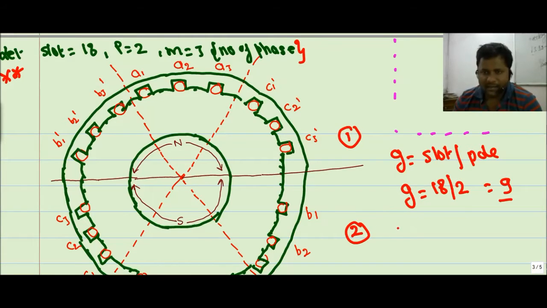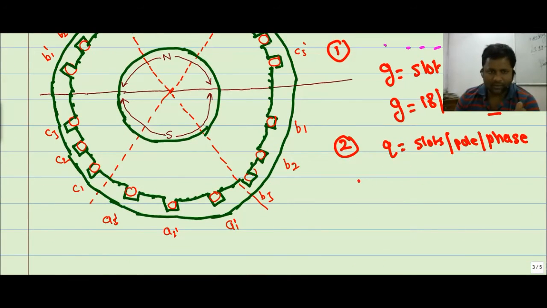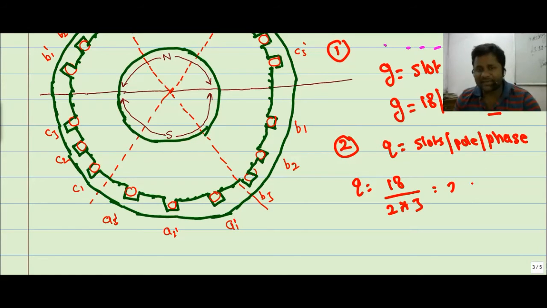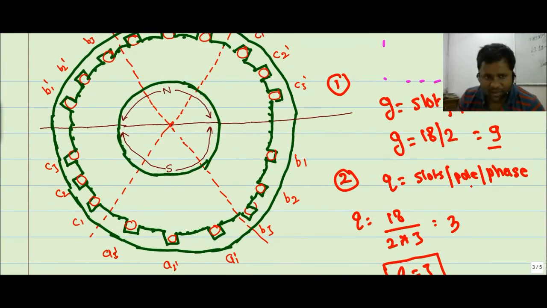The second quantity we have considered is Q. Q equals slots per pole per phase. In this case, Q equals the 18 slots divided by the number of poles, which is 2, and the number of phases, which is 3. So it is 18 by 6, which is 3. So Q equals 3. That means